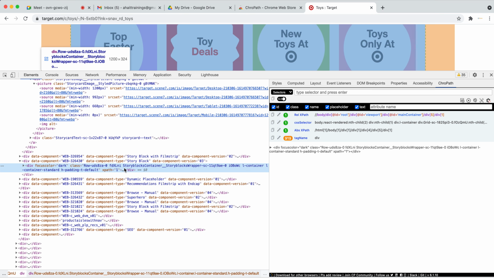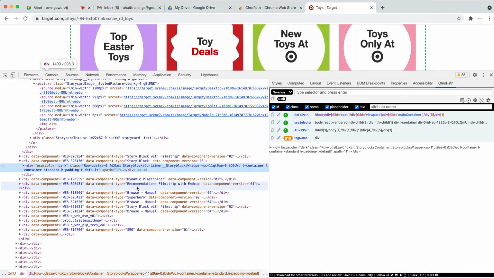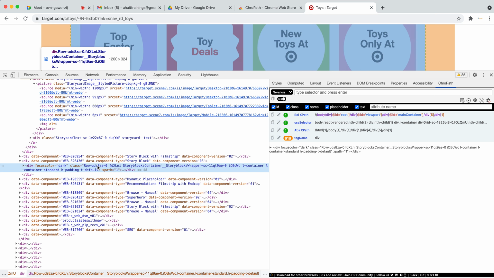This is not a good way, because everything is a class in CSS, like row-uds-8zea-0 is a class. What happens if they change the class name in the CSS? You won't get that element. And the same class name will be used in a lot of elements.